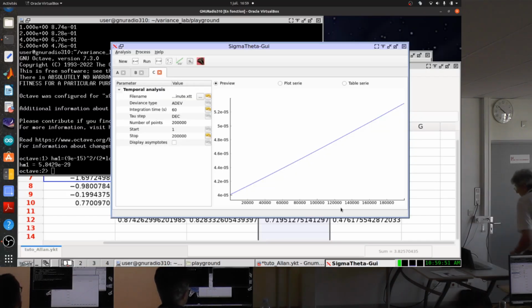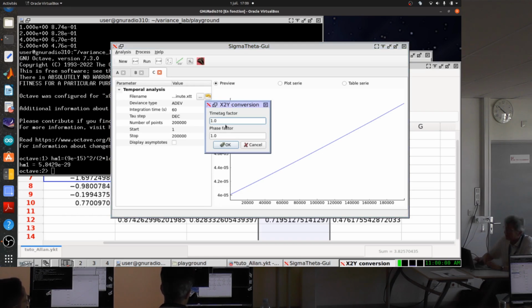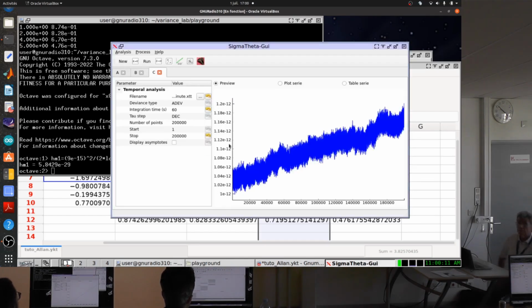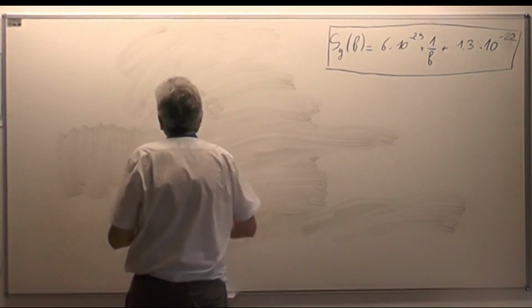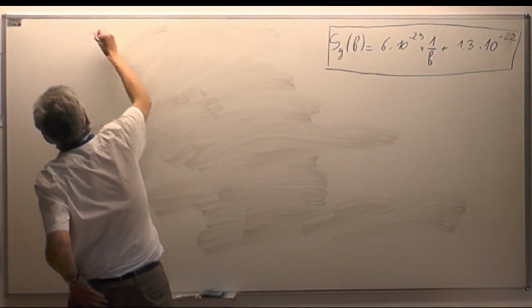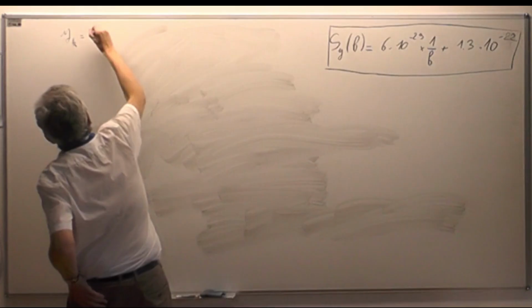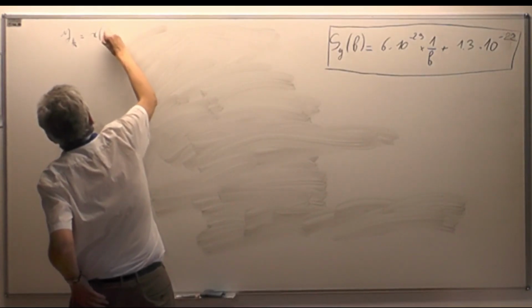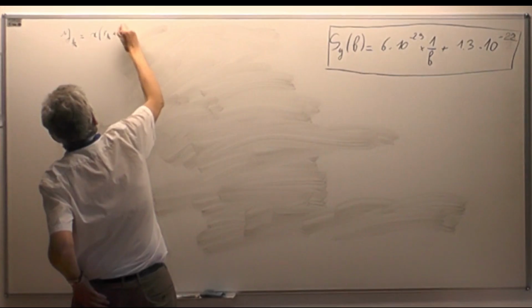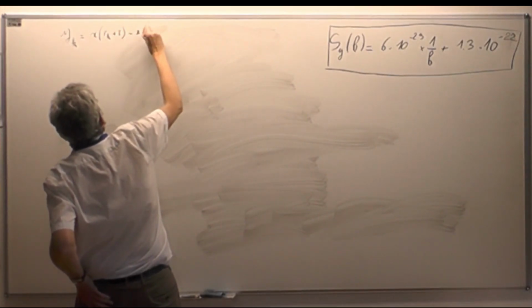So I click on this button, x to y, which is here. It asks me the time tag factor. In this case, the time tag factor is the sampling time, so it's 60. So I put 60 here, and I obtain this. Okay? When I want to go from x, which are all the values, I know that yk is equal to x of t plus tau minus x of tk